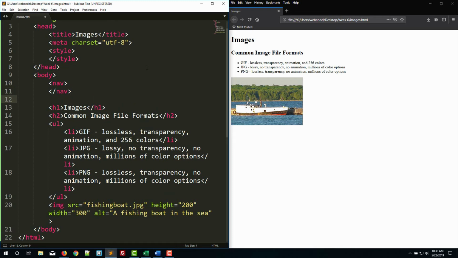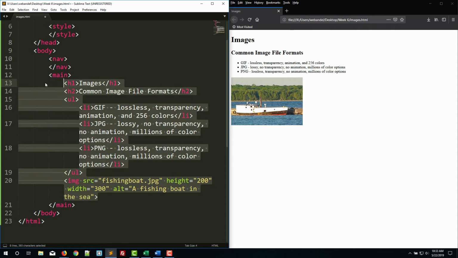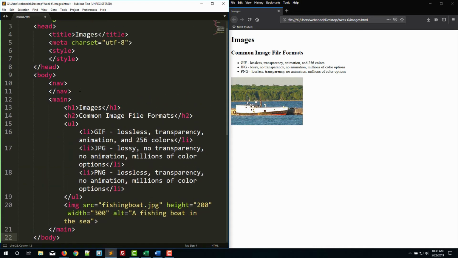Since all of this is going to be lower down, we'll put it in the main section. I'm going to indent this for the sake of knowing what's contained inside of what. So for our nav, we want to have